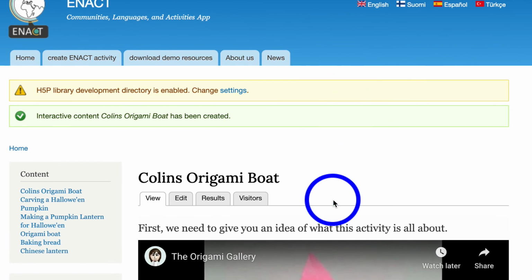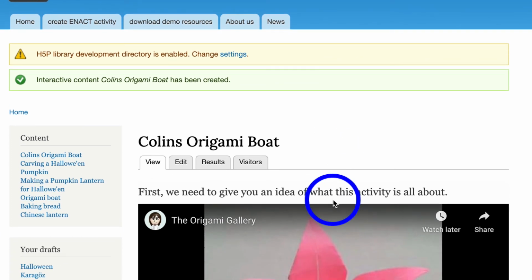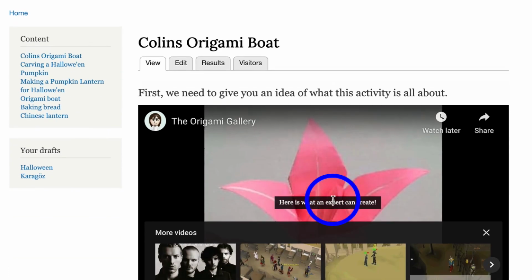Now, that's a very quick demonstration. I've only shown you a few options. Of course, when we were creating the content, there were other options we could have chosen from the drop-down menus. You'll have to investigate them on your own, but hopefully you've got an idea of how you can go about